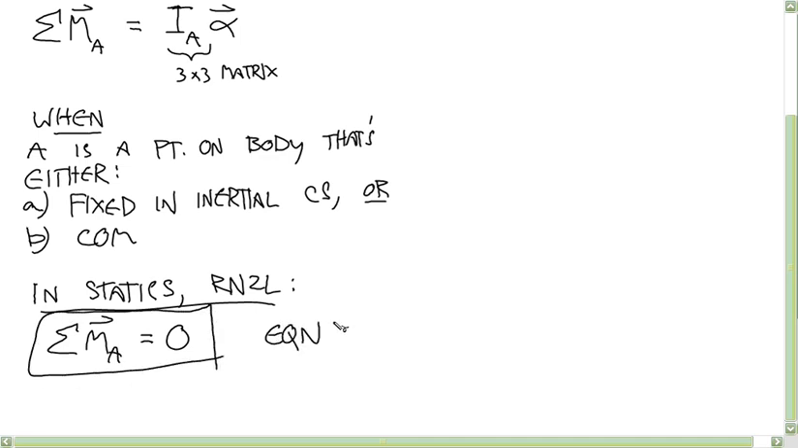So look how much simpler that is to use. This about point can be anything, okay? It doesn't even have to be on the body, actually. We can just pretend like it's attached to the body. We can pretend like there's a wire connecting the body to this point out in space, okay? So choose any about point you want. Calculate all the moments about